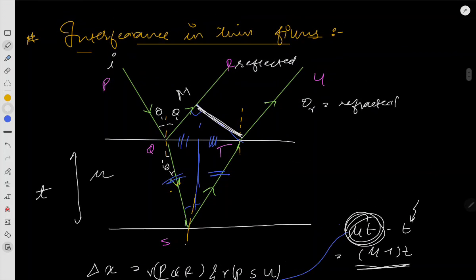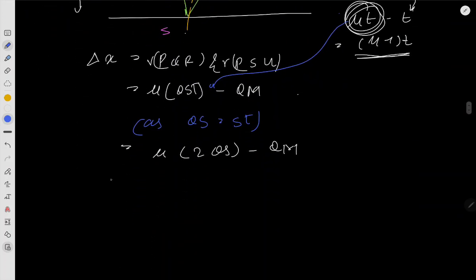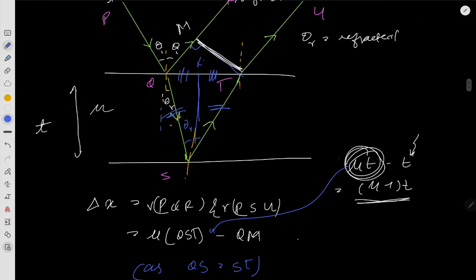So now what is QS? This is our theta R, the refracted angle, and this is our QS. So if this is QR, then this must be theta R. So in triangle QSN,